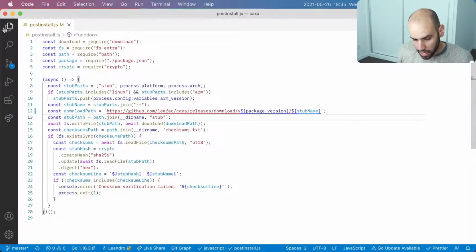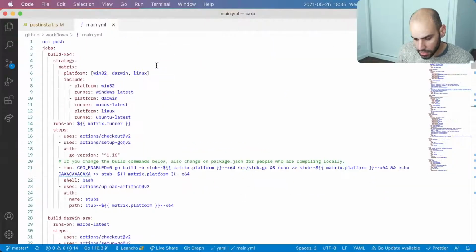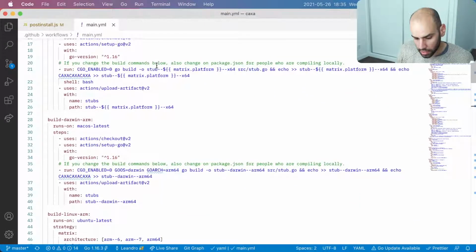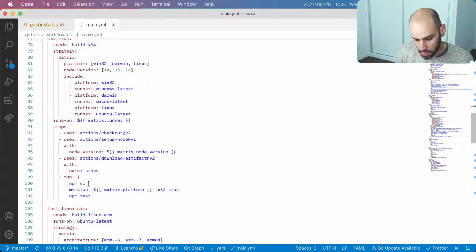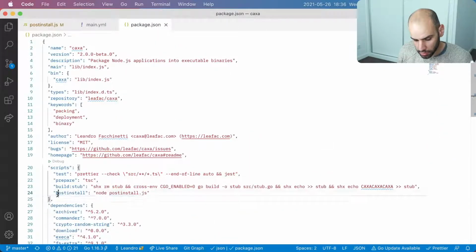Now, the problem here happens when you are in the process of creating this build in GitHub Actions, and then not in the build part, but on the test part. So for instance, on this part. So npm CI will try to download, because npm CI will run package.json post install.